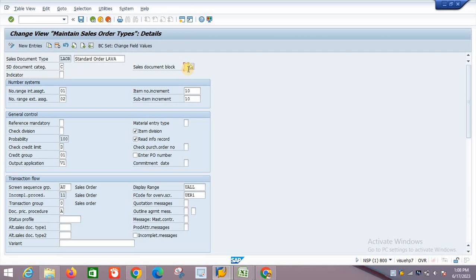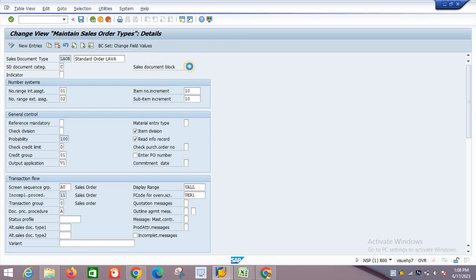For that purpose we have used the sales document type LAOR. Let's say that 3G mobile is completely outdated and we don't want to sell it again, and the business has decided that we should not place orders using LAOR. At that time the sales document block will be used.